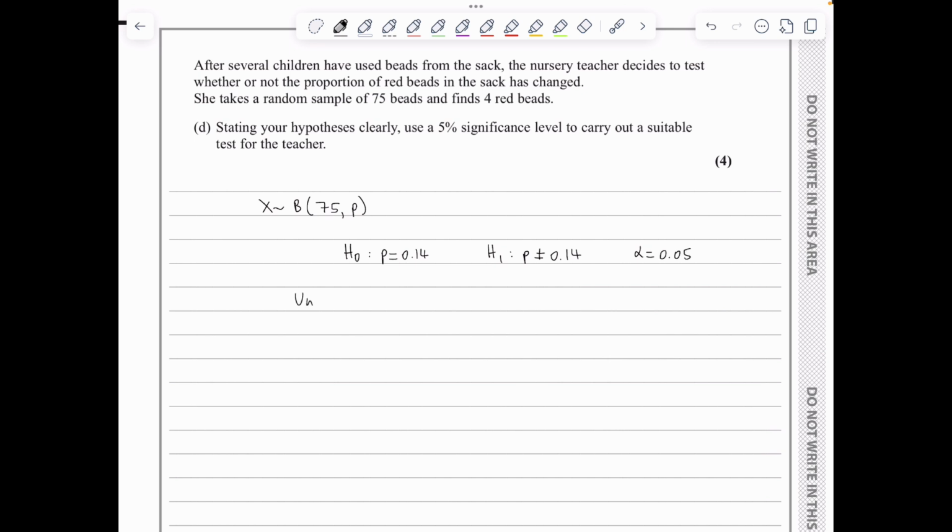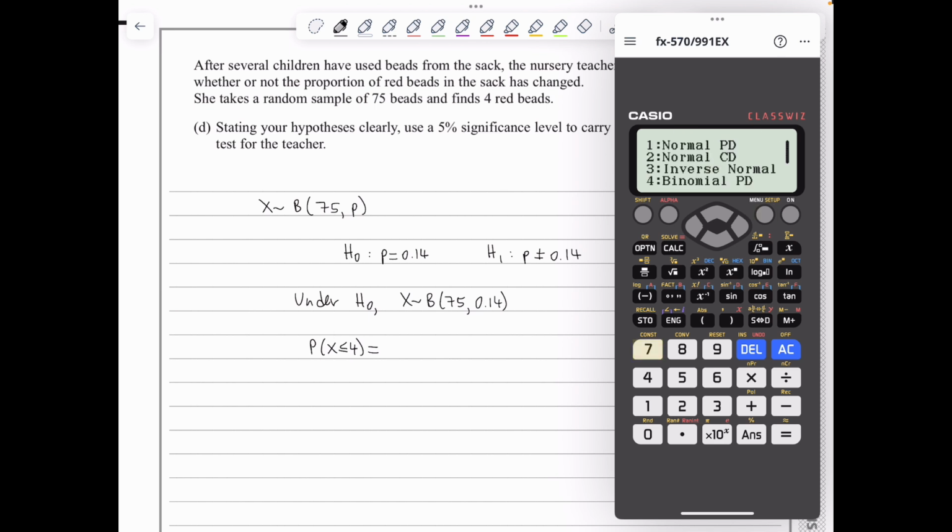Now, assuming that the null hypothesis is true, so under H0, we've got X following binomial with n being 75 and p being 0.14, and I will be investigating both directions because this is a two-tailed test. So I will start with the probability of X being less than or equal to 4. So I'm going to go on my calculator, I press menu, 7, we go down, option 1 binomial CD, option 2 variable, my x is 4, my n is 75, and my p is 0.14. This gives an answer of 0.0151,